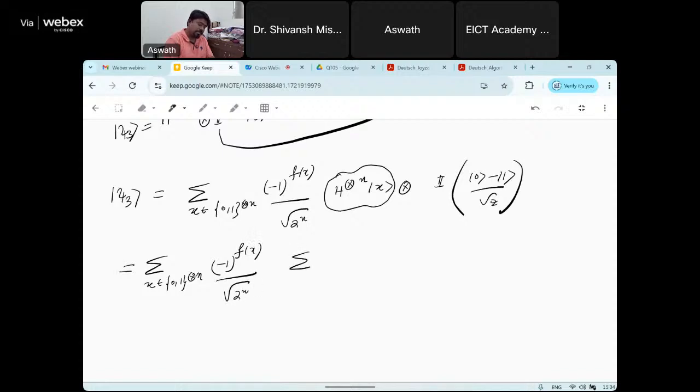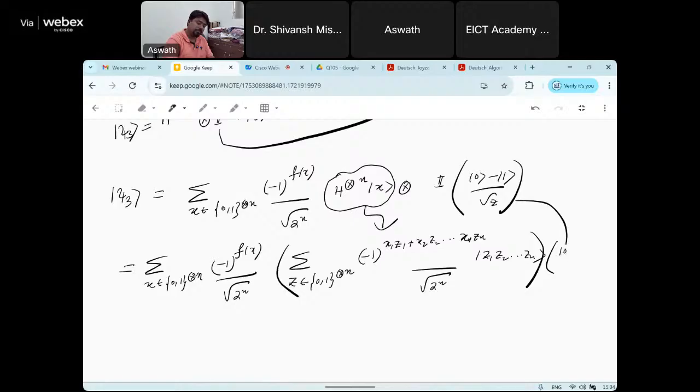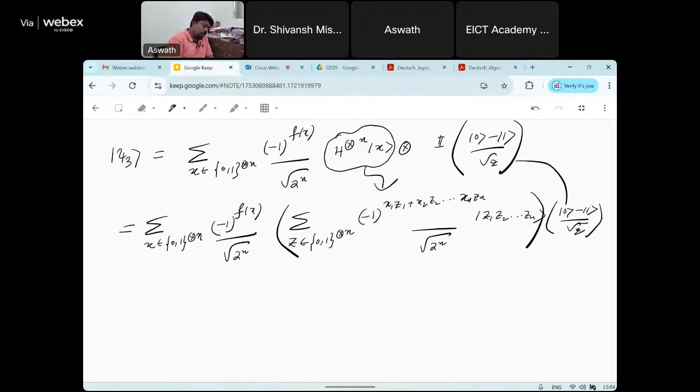This is the summation over z belongs to {0,1}^n of (-1)^(x1z1 + x2z2 + ... + xnzn), with z1 z2 up to zn, divided by square root of 2^n. Okay, so this is the effect. This is very, very important. If you follow this, it's straightforward. Okay, right? So in short,